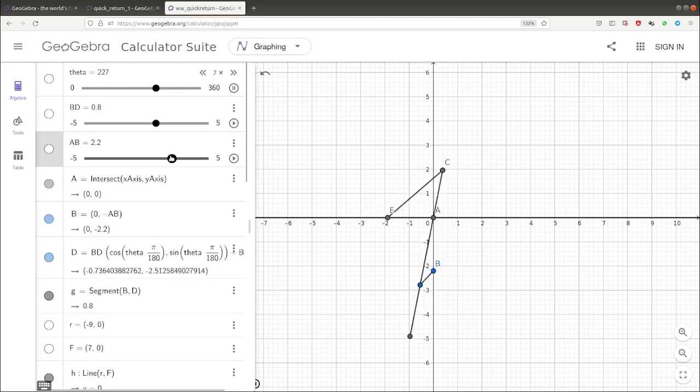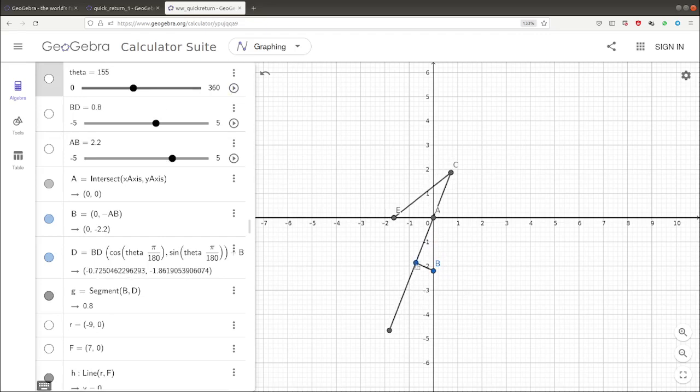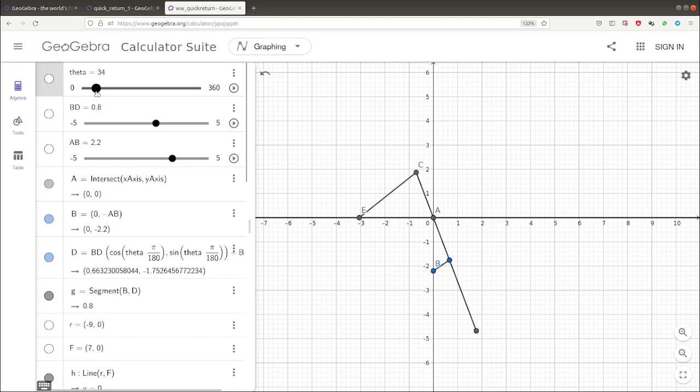So what should I do? And one more thing, even here, if you notice, the quick return ratio can be calculated using this angle, the position where this link and this link are at 90 degrees, and similarly the other position where they are at 90 degrees. Based on that we can calculate the quick return ratio, but still we face the same problem.